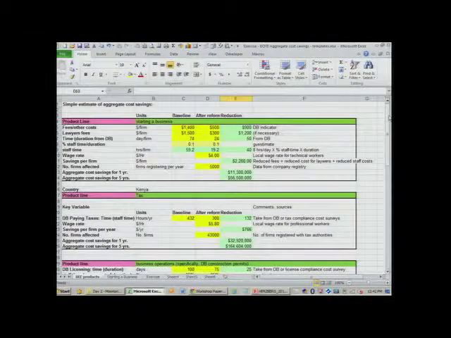So for this cost-benefit analysis, I just want to give you a flavor of it, and I'm using a file that was done many years ago by a great colleague of mine, Jackie Coolidge. It's an Excel file that you can download here as an exercise, right below, and I'll open it now and give you a flavor of it. So here is the file. It's called BOT, for back of the envelope aggregate cost saving. This is a calculation of